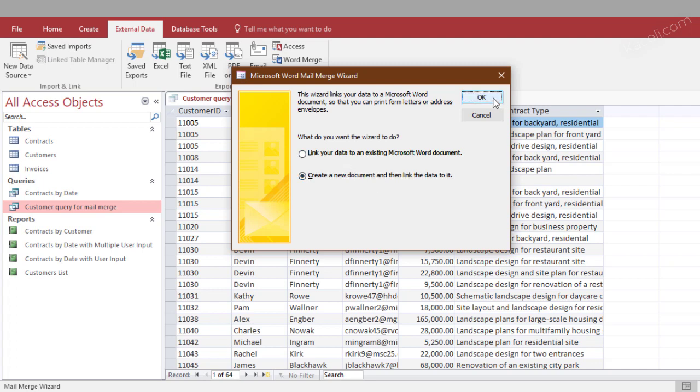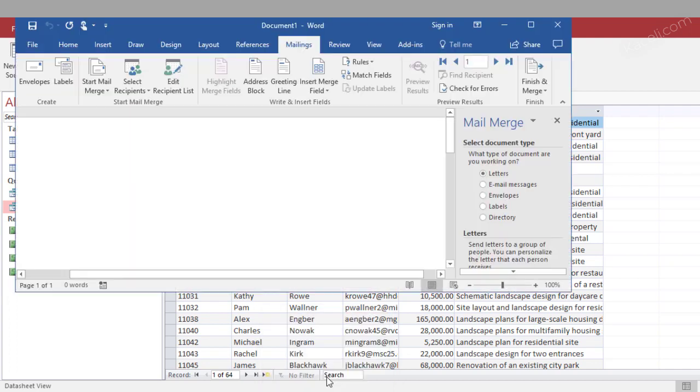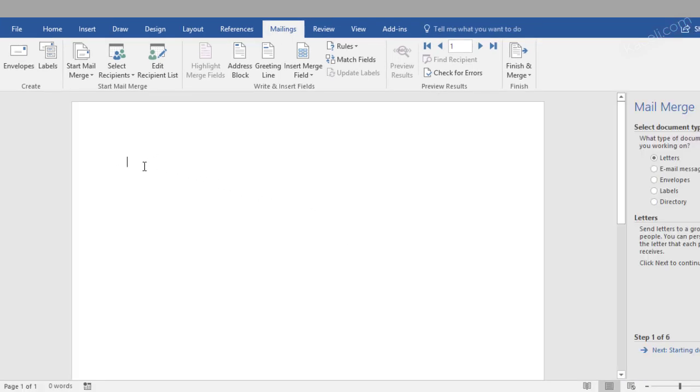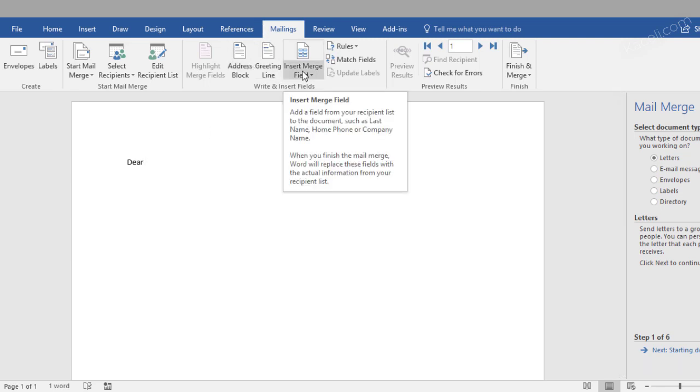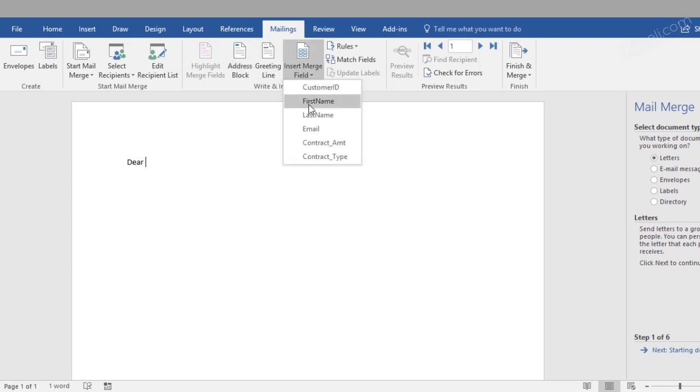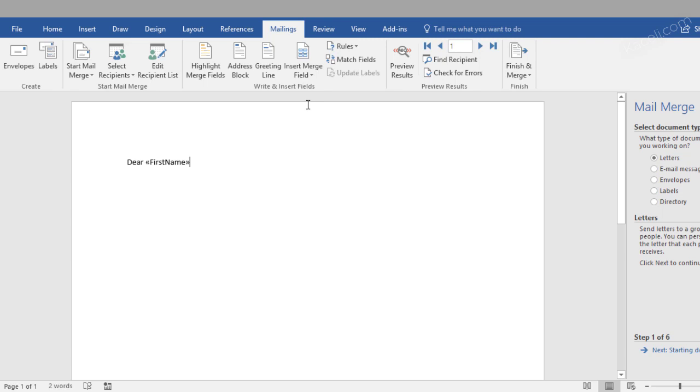Click OK. Now the system is going to open Microsoft Word automatically, and here at this stage it's asking us as to what we want to do. Do we want to create letters, email messages, or envelopes and such? Once we are in Microsoft Word, here we type our letter. We could say dear, and then insert field, we put first name, comma,